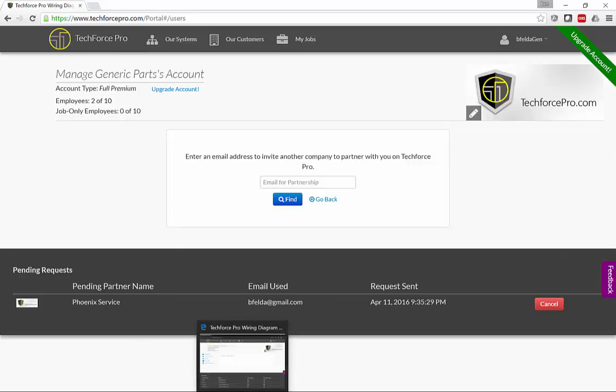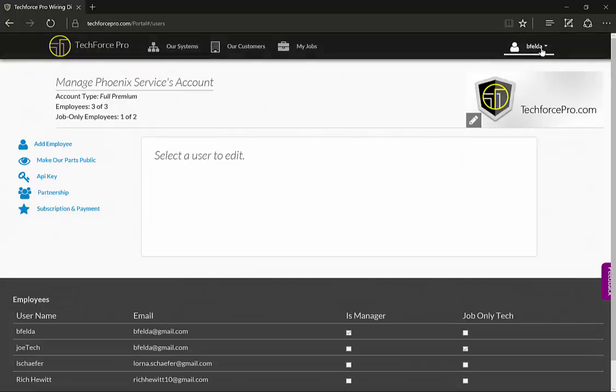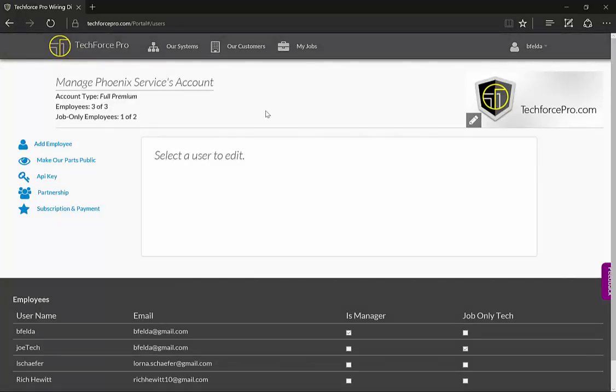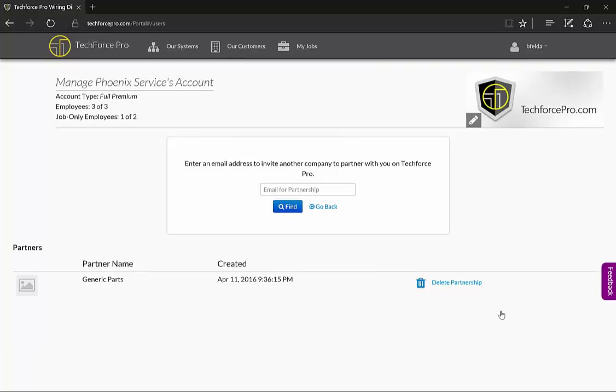So I can switch over now. This is a machine now that has Phoenix Service logged in. So here I am, B. Felda, as the Phoenix Service company. And I can go to partnerships, and you see now we also have a pending request for the Generic Parts customer, and I can accept it or decline. So I'm going to accept it, and now you see I have a partnership with Generic Parts here,